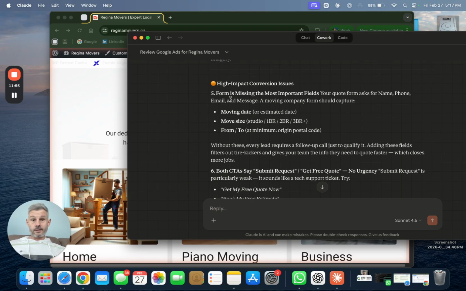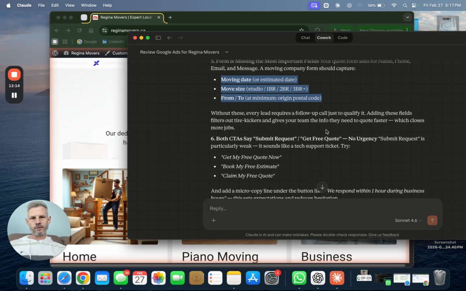So yeah, that's insane. High impact conversion issues. Form is missing most important fields. Your quote form asks for name, phone, email, and message. A moving company form should capture moving date. I don't like that too much. Having too many required fields is just more friction. I don't agree with that, but